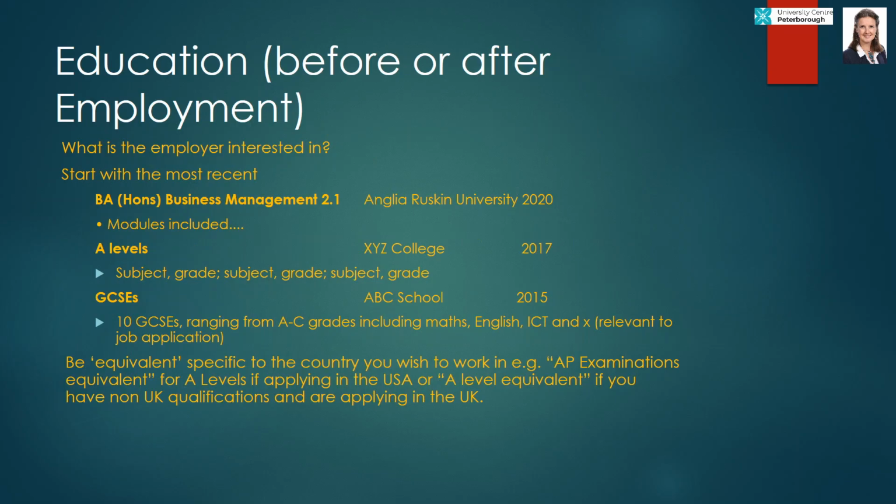The next section will either be your education or your employment section, depending on what is strongest for you. Always write this bearing in mind what the employer is interested in. If you're doing the education section, they are interested in what the qualification was, not necessarily who you did it with. So you highlight what the qualification was first. You might want to emphasize what the modules included were, and then you include the year that you gained the